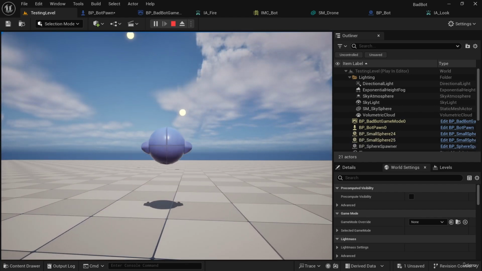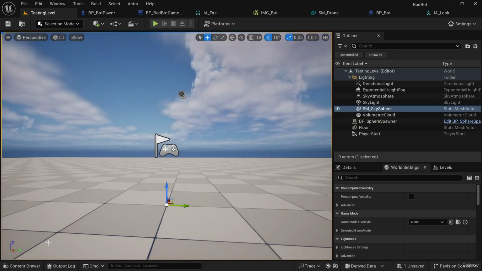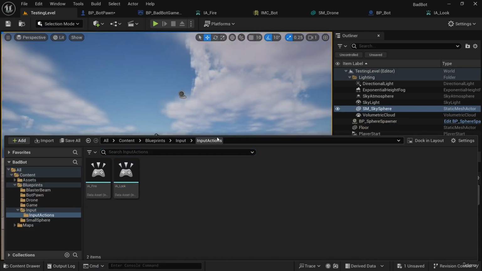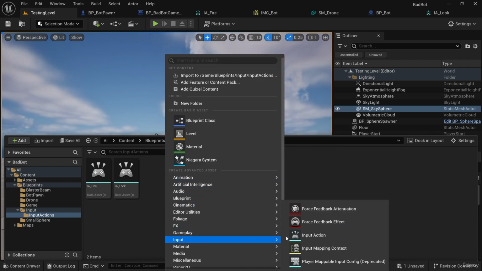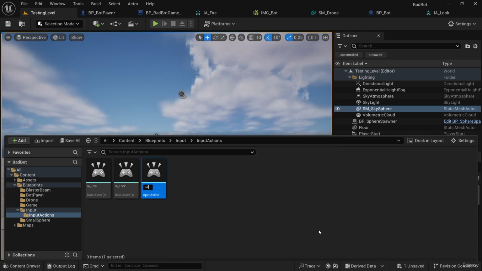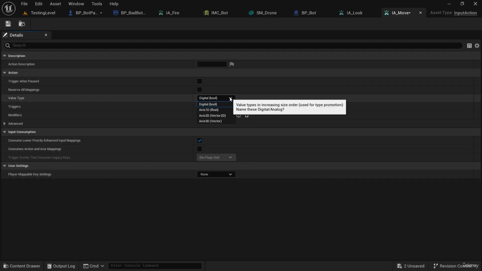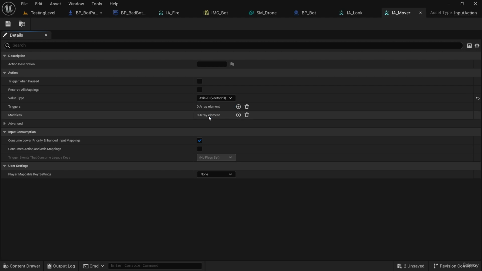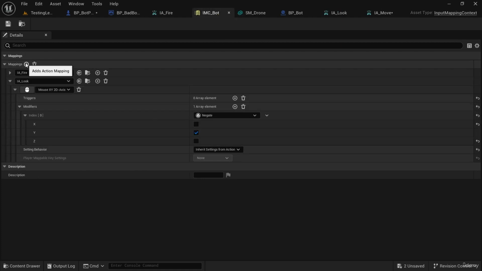So we need another input action for movement. So I'm going to go back to my input actions folder, and right next to my other two, I'm going to make a new input action called IA_Move. I'm going to open that up and change its value type to Axis2D, just like IA_Look. Only this time our axes are going to be left and right movement and forward and backward movement using the WASD keys. So I'm going to go to IMC_Bot and add a new mapping